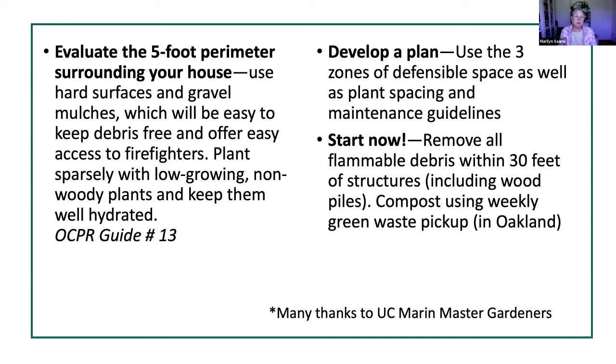Evaluate the 5-foot perimeter surrounding your house. This is quite often, I think, the most painful part, because you go around your house, and we've had a tradition of foundation planting, and we have to depart from that. We can't use that aesthetic anymore. You need to convert to hard surfaces and gravel mulches,